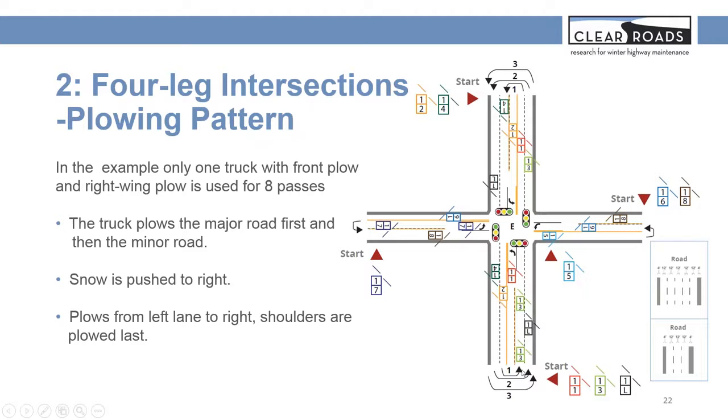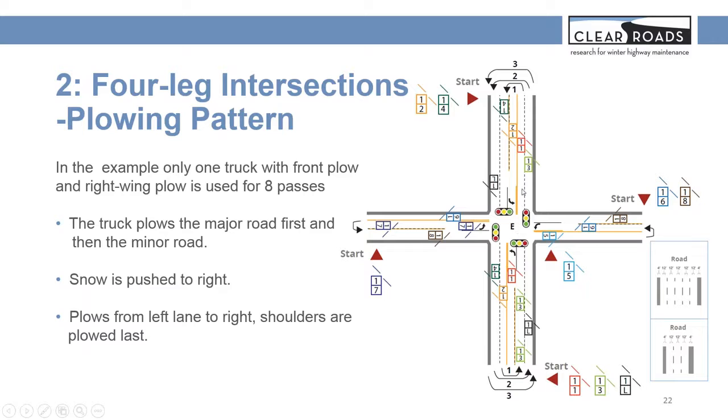From this figure, the truck starts the first pass in the left lane, and this left lane will convert to a dedicated left turn lane. The truck starts and proceeds with both the front plow and right wing plow extended. When the truck approaches the intersection, it doesn't turn left, it just goes across the intersection and continues